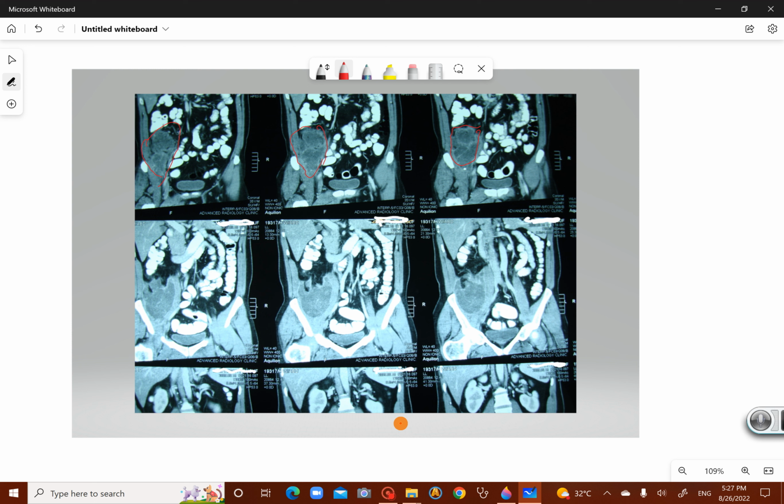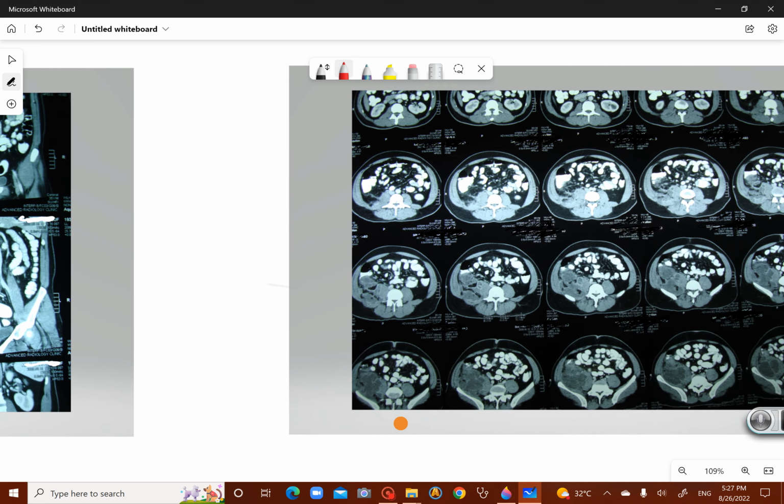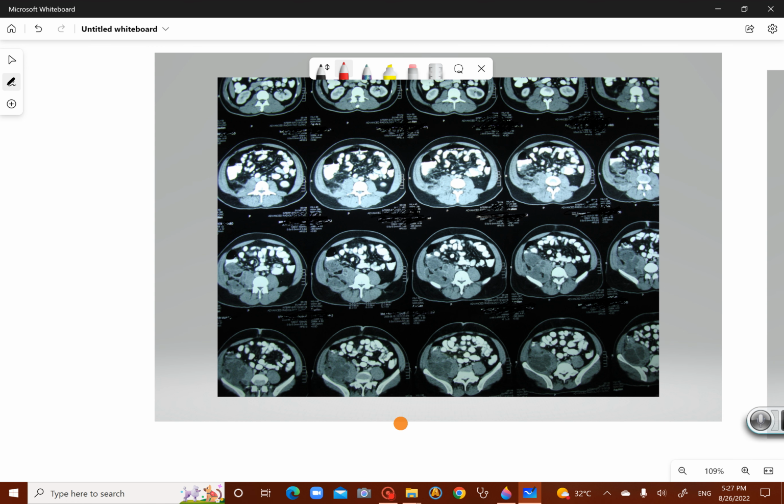These are the loops of the small gut, and that's the ascending colon. You can see it over here, all over the place, and it's extending into this, the psoas muscle. So it's going towards the psoas muscle, extending quite a substantial mass. So this was on the longitudinal section, and when you see the transverse section of the abdomen, you can appreciate